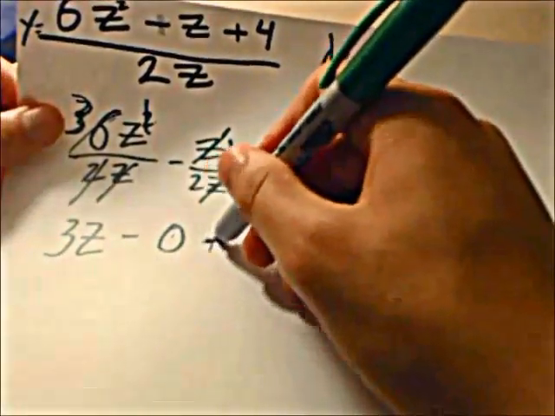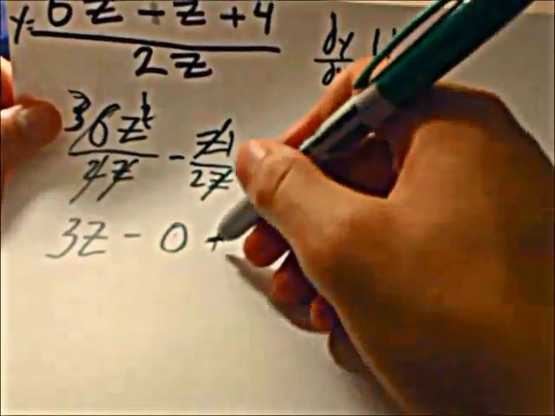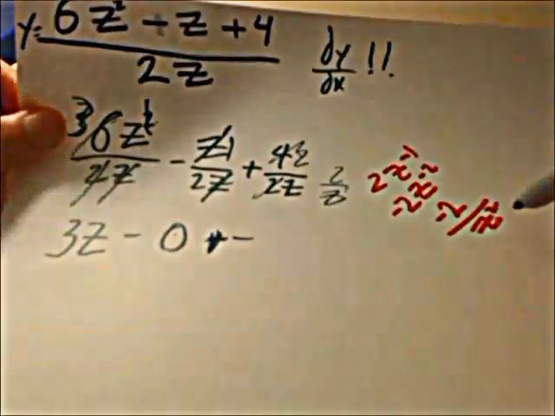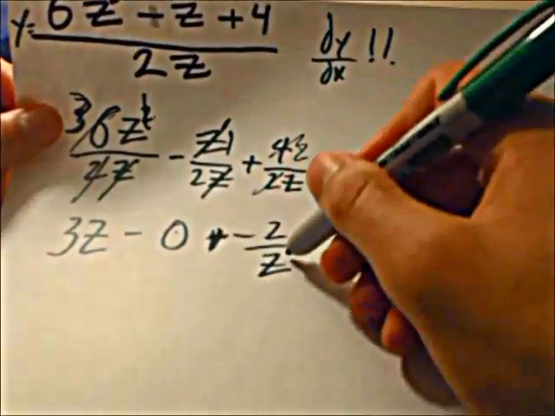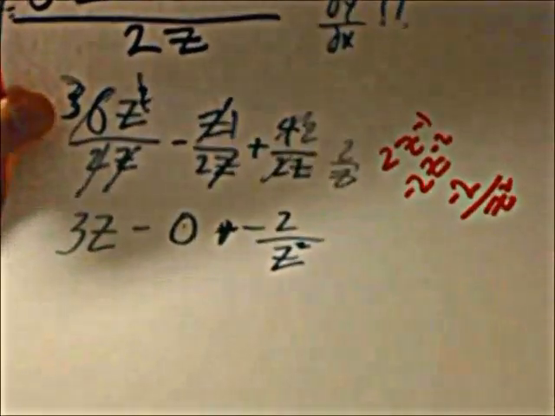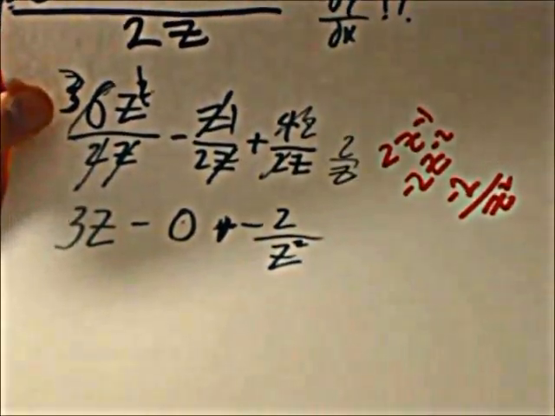So that's going to be minus, not plus. Sorry about that. That's going to be minus 2 over z to the power 2. So that's how to solve